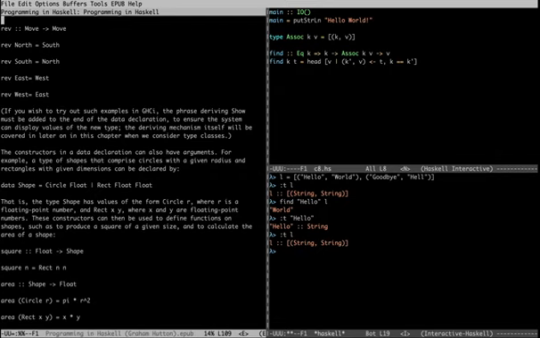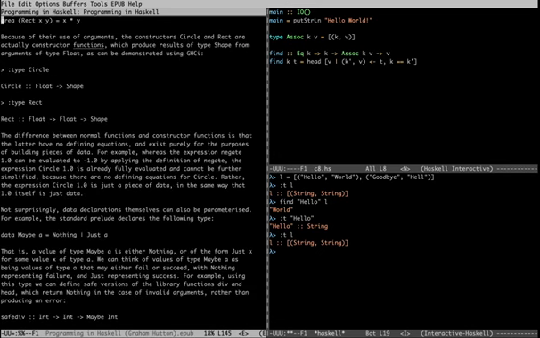That is, the type Shape has values of the form Circle r, where r is a floating point number, and Rect x y, where x and y are floating point numbers. These constructors can then be used to define functions on shapes, such as to produce a square of a given size, and to calculate the area of a shape. Because of their use of arguments, the constructors Circle and Rect are actually constructor functions, which produce results of type Shape from arguments of type Float,